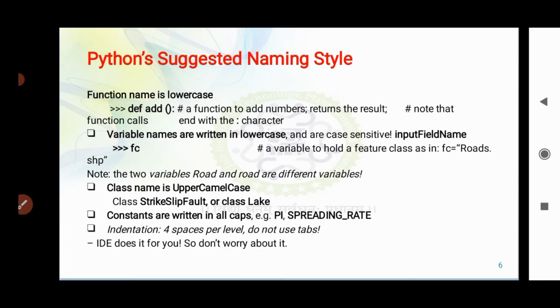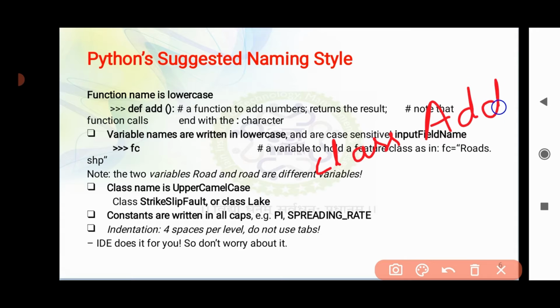Python is also a case sensitive language, as that of your C, C++ and Java, etc. Here also in Python, the first letter of a class should always be capital. For example, in case of Java, whenever you are creating a class, the first letter of the class should always be capital. So if I want to write and show, I will show you like class add. So always the first letter of your class should be capital.